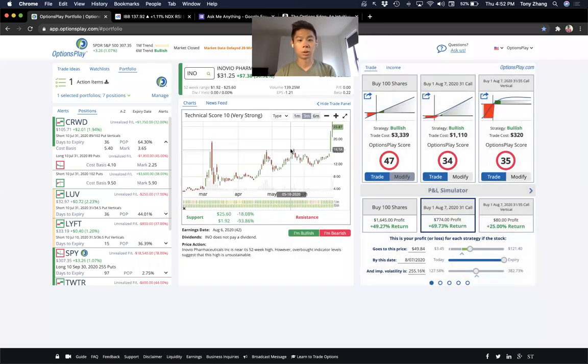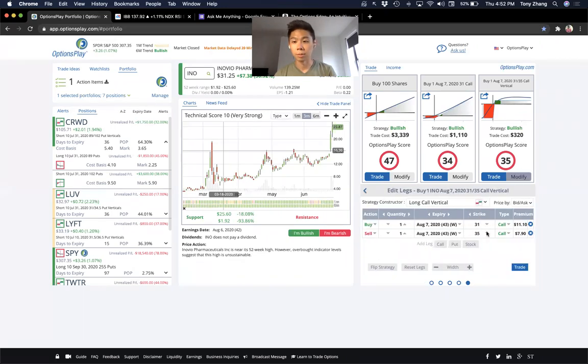INO. I got asked this stock, I think yesterday. It's interesting. The stock broke out from this massive, let's just call it triple top, right? It broke out, and it hasn't really looked back. But as you can see, the options are really all over the place. First of all, I don't think they've listed enough options. It only goes out to 35 if we go out to August. They just haven't listed enough options. The stock has really taken off and they haven't listed new options. So if I was trading this, I'd probably trade the stock, but the options, I just don't think they have enough symbols on it.